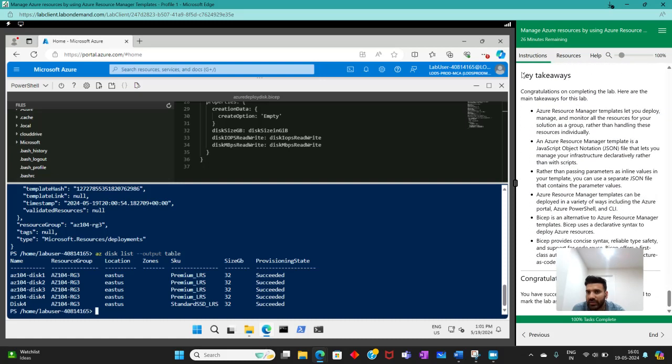And these are the key takeaways. Azure Resource Manager templates let you deploy, manage, and monitor all the resources for your solution as a group rather than handling these resources individually. An Azure Resource Manager template is a JavaScript Object Notation, JSON, file that lets you manage your infrastructure declaratively